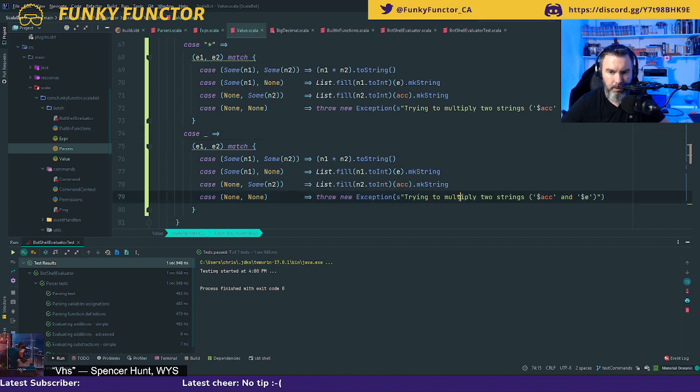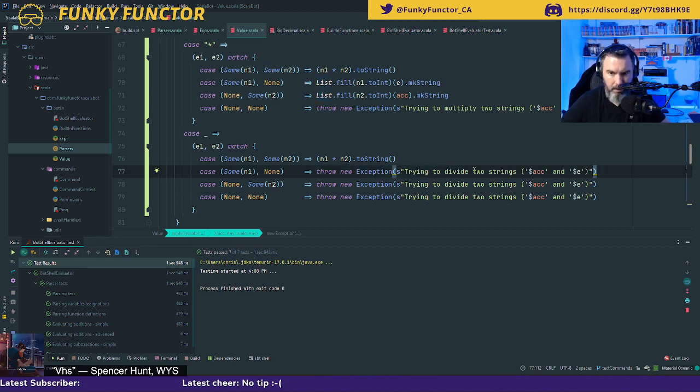Okay, so trying to divide two strings. Here, I am going to try to divide a string. And so the string that I want to divide is E by N1.